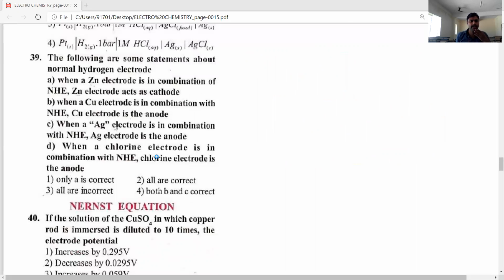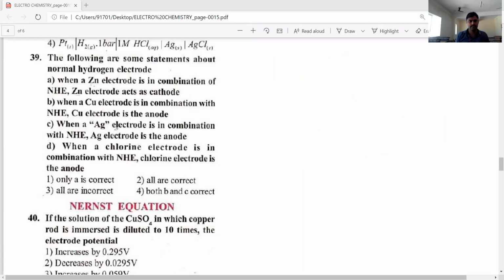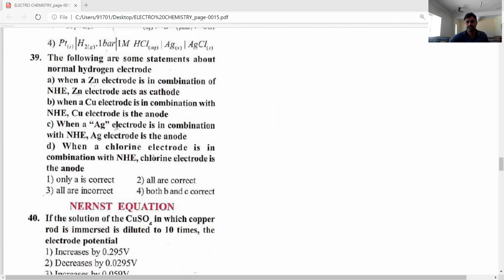Among that, which of the following statements are correct? Zinc electrode is... let's see that 39th question. So we have to compare which acts as anode, which acts as a cathode. Then standard reduction potential of H2 hydrogen electrode